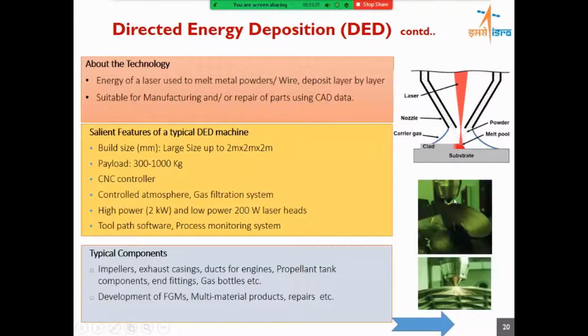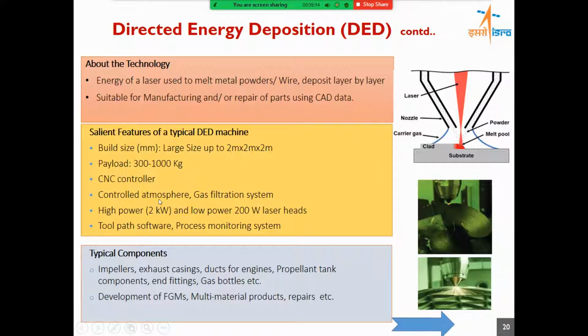In this technique, it is ensured that the deposition always happens parallel to the ground. So the table movement ensures that the part feature is oriented in such a way that when you are depositing, it is printed, and then the table movement takes care of the printing of the next layer. Build sizes as large as 2 meter by 2 meter by 2 meter, and part sizes as large as 1 ton can be printed through this. Of course, this requires very critical CNC controllers for achieving this RTCP motion for the print head.